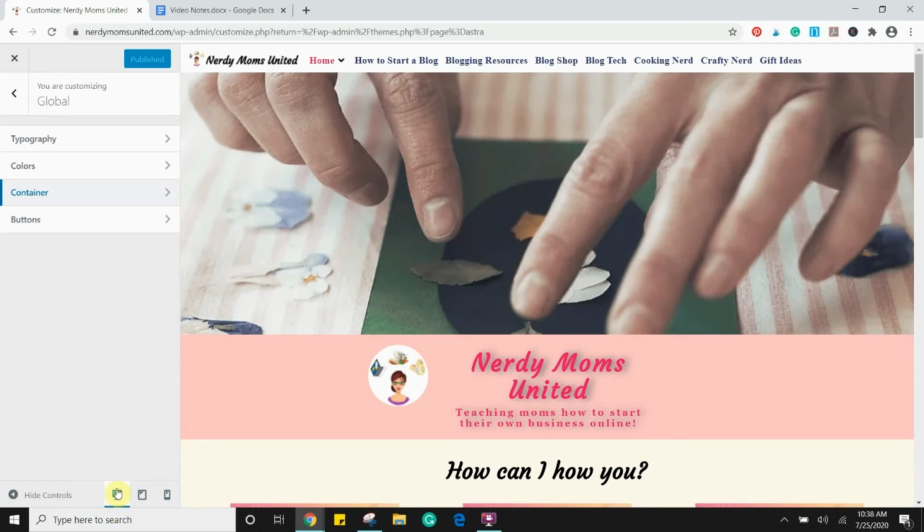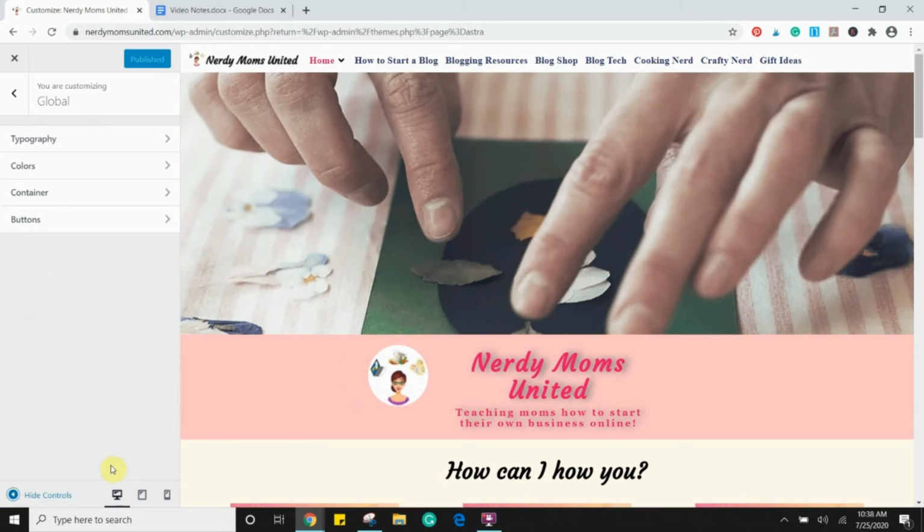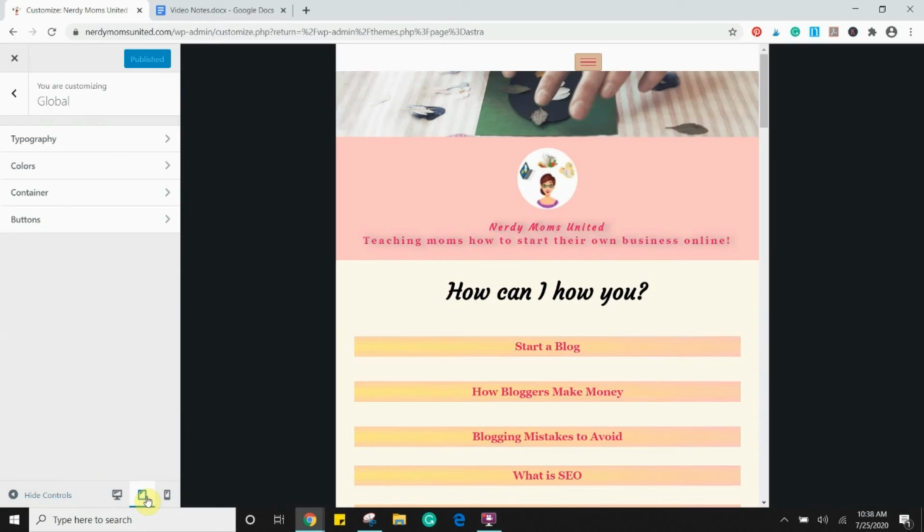I have this one selected so I can see what the layout will look like on a computer. Also, you can hide the toolbar so you can see what it looks like full screen, so you can make sure the layouts look the way you want. And then you can bring it back with this little blue button down here so you can get your menu back, just like that. I can see what it looks like on a tablet, so I can check to see